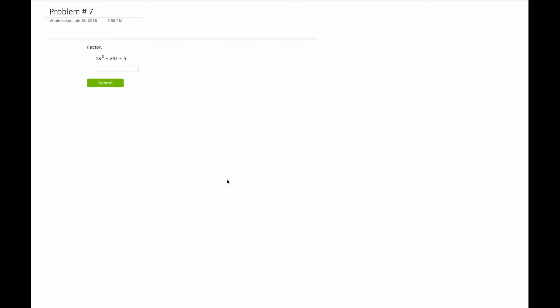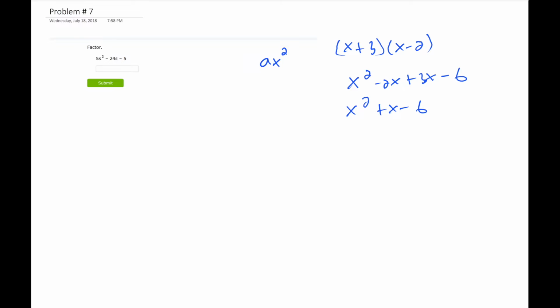Okay, so you know when we were doing the easier ones, where like what makes back in the day, like hold on, I have to work backwards. So x plus 3, x minus 2, and then first is x squared. Outside is negative 2x, inside is positive 3x. Last is negative 6, and then it's x squared plus x minus 6. Okay, so